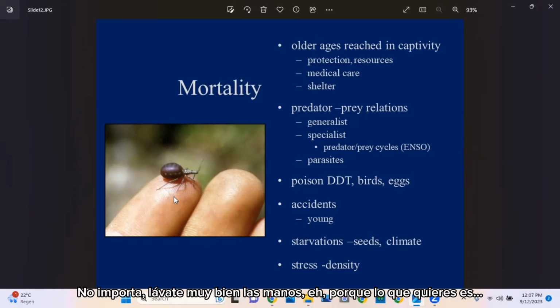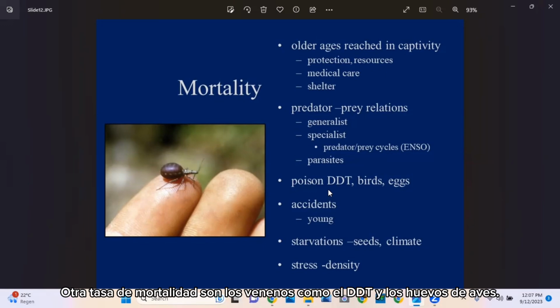Anyways, they'll bite you. That's okay. It doesn't matter. Wash your hands really well. What you don't want to do is scratch, because once you scratch, you're getting that fecal material with the parasite into your bloodstream. And that's how that parasite works. Now, parasites do not decimate an entire population. Otherwise, they wouldn't have food. So they're going to take out some of the population, but not all of it.